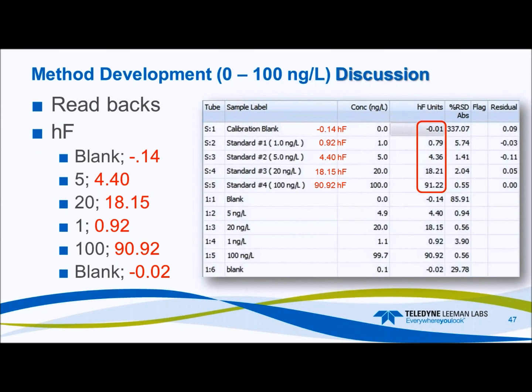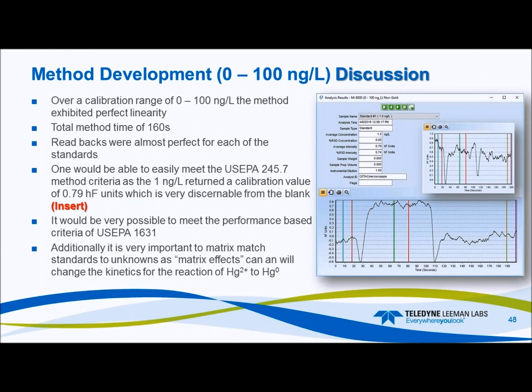The readbacks, let's look at the HF units. So we have minus 1, 0.01, that's pretty insignificant, 0.7992, 4.4, 4.4, 18.2, 18.2, 90.9, and 91.2. Basically the same, which again tells me the system's in control. So over the range of 0 to 100, it exhibited perfect linearity. My total method time was 160. The readbacks were almost perfect. So again, we'd be easily able to meet 245.7 criteria with this system,